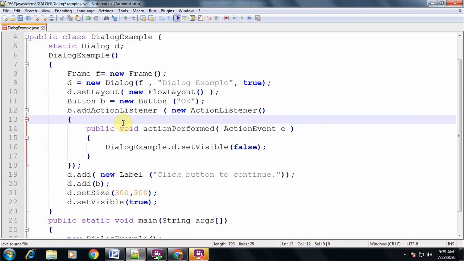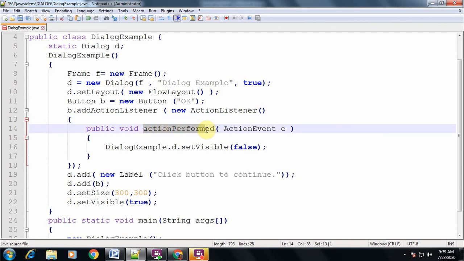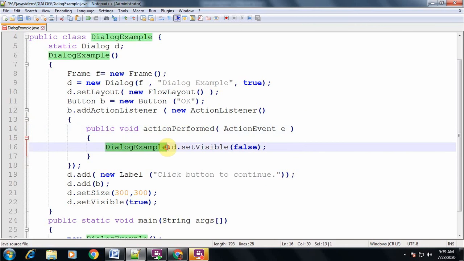Next, b.addActionListener(new ActionListener()), and inside we have public void actionPerformed(ActionEvent e), and DialogExample, which is the name of the class you have created, dot the object d, setVisible(false). That is, when I click on this OK button, the dialog box will not be visible.